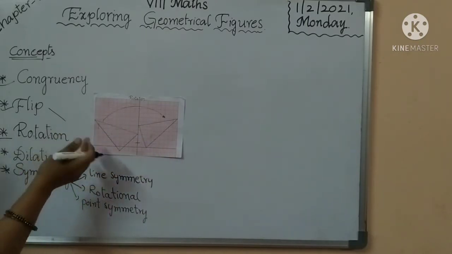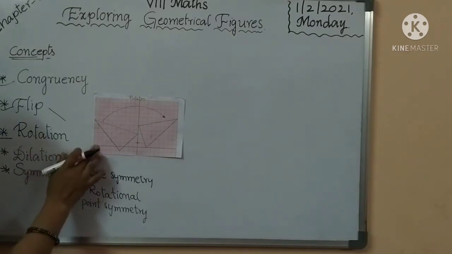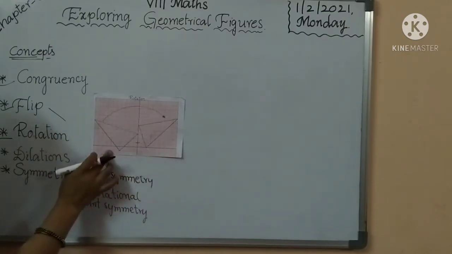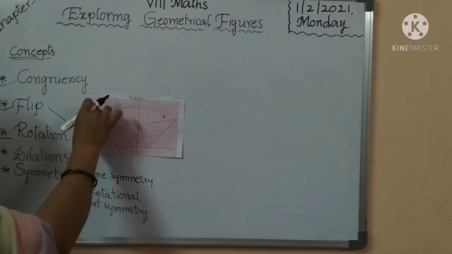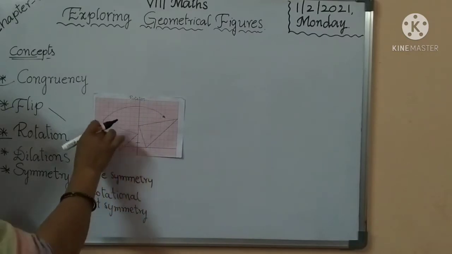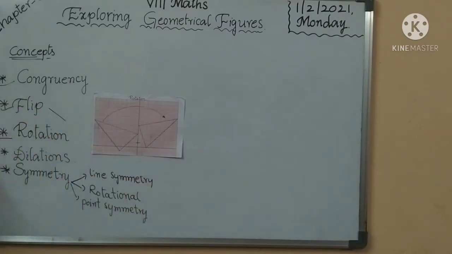The distance from the center to any point on the shape stays the same. Every point makes a circle around the center. Observe the figure, children. Here we have to take the triangle figure. So it is a rotation from here to here. It is a circle shape, round, the circle shape.